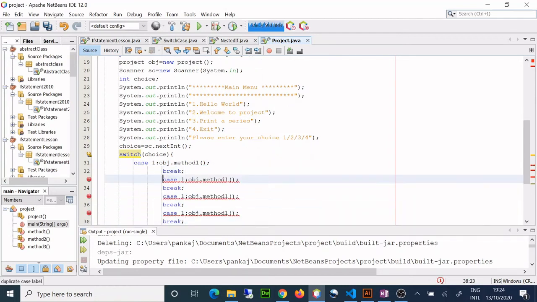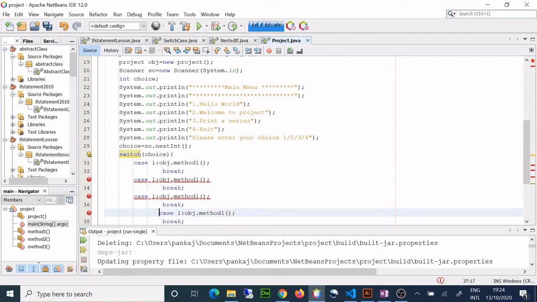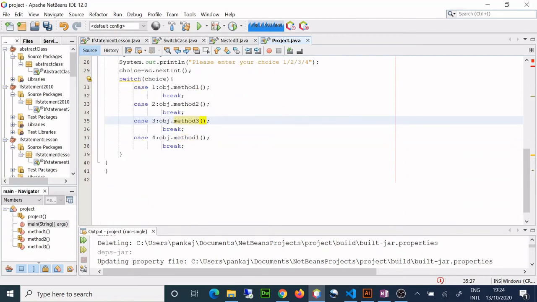Okay, so I did it in a hurry. Right. Okay, case 2, now case 3, now case 4. So method 2 will be called, method 3 will be called, and here what am I going to do? I'm not calling anything.